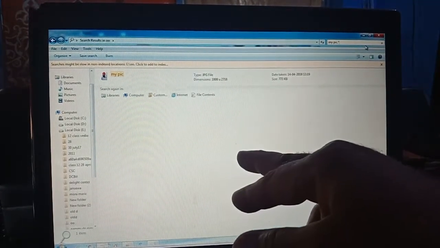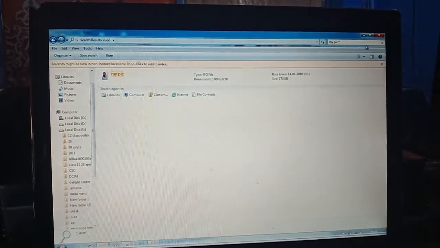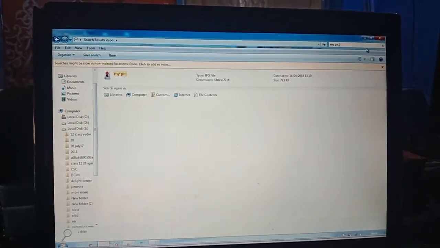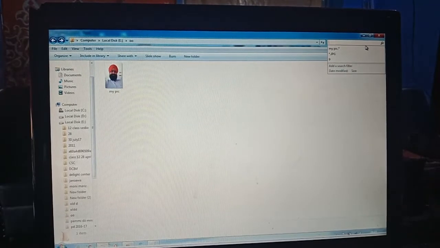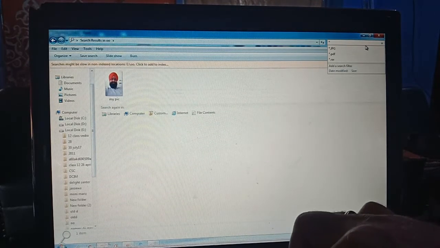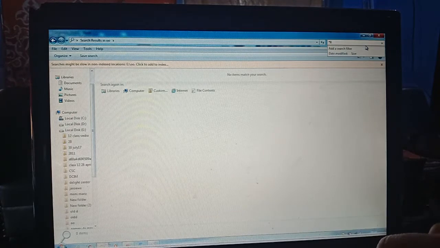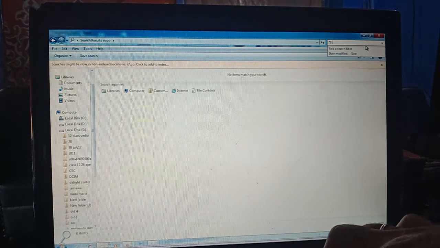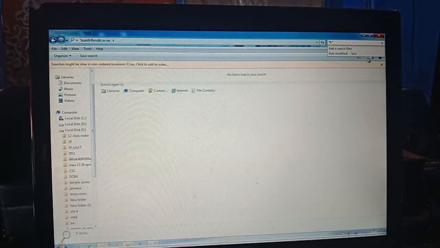If you want to use another pattern, just like you want to search where the class 9 folder is, and you remember 9 but don't remember whether we wrote class or not, then what to do? First give the star, space 9, then dot star. Clear? Now this way you can search.